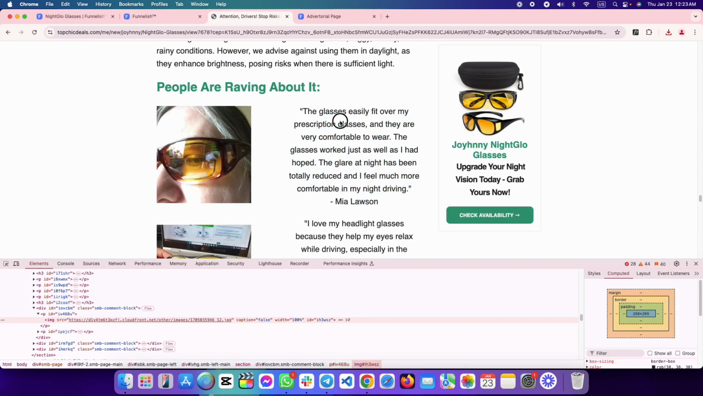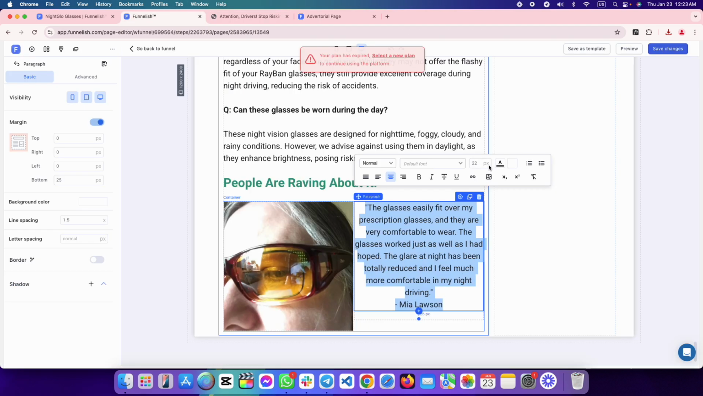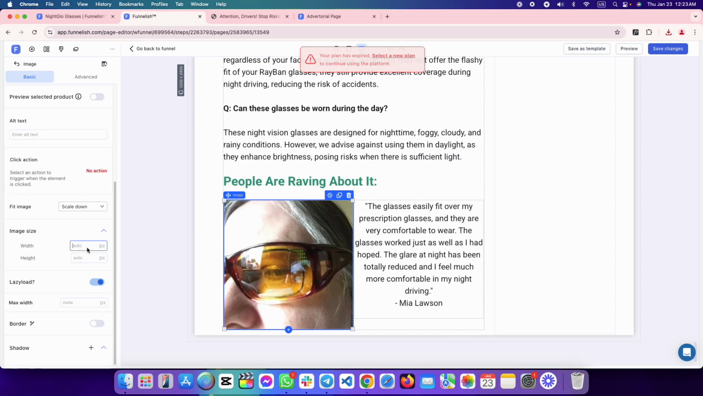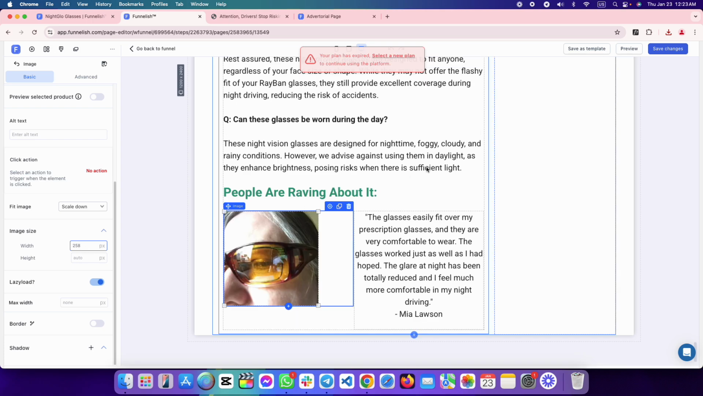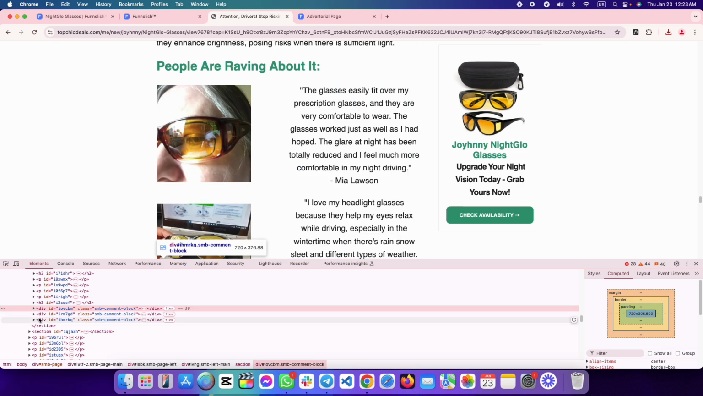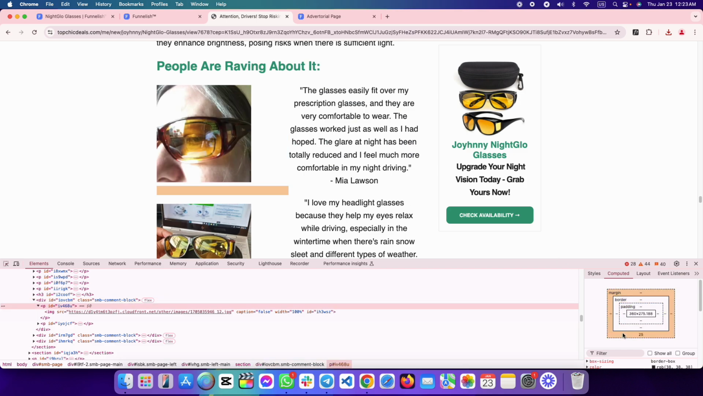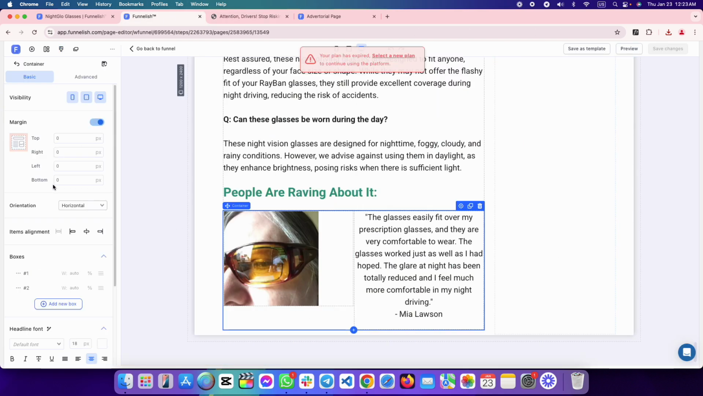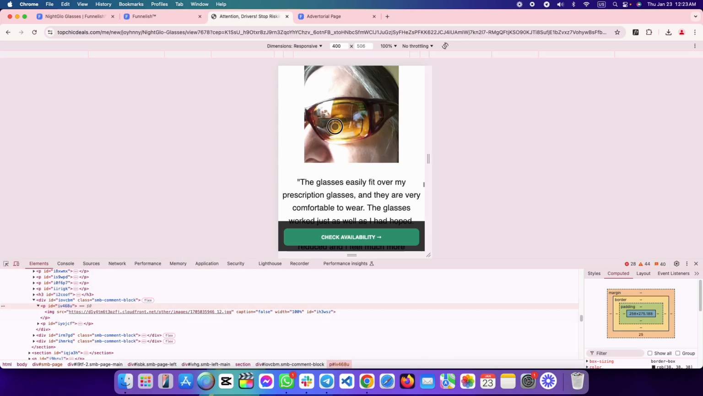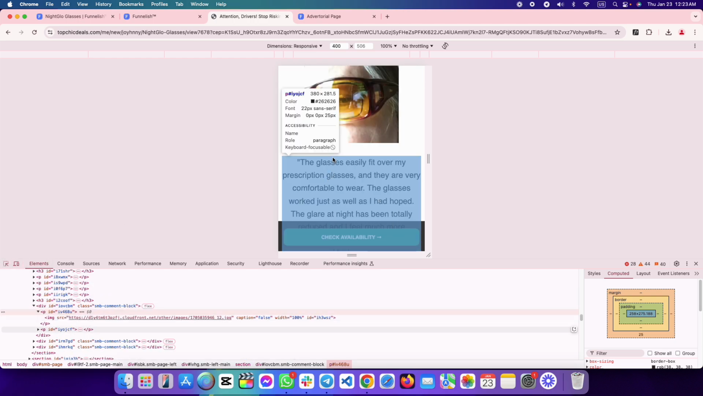Make it center align, and you can see the font size is 25 pixel. It's okay, but only this image width will be 258. Yeah, it's okay now. You can see they are using 25 pixel per margin bottom. And let's see how it's looking on mobile. Yeah, so